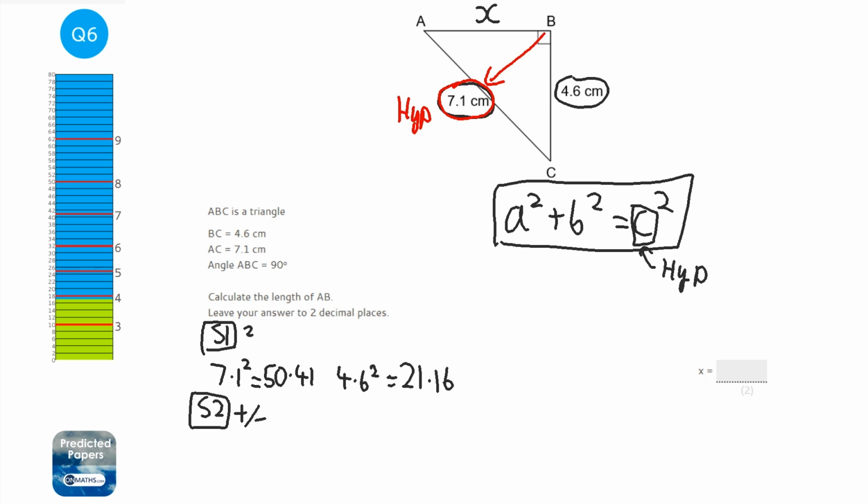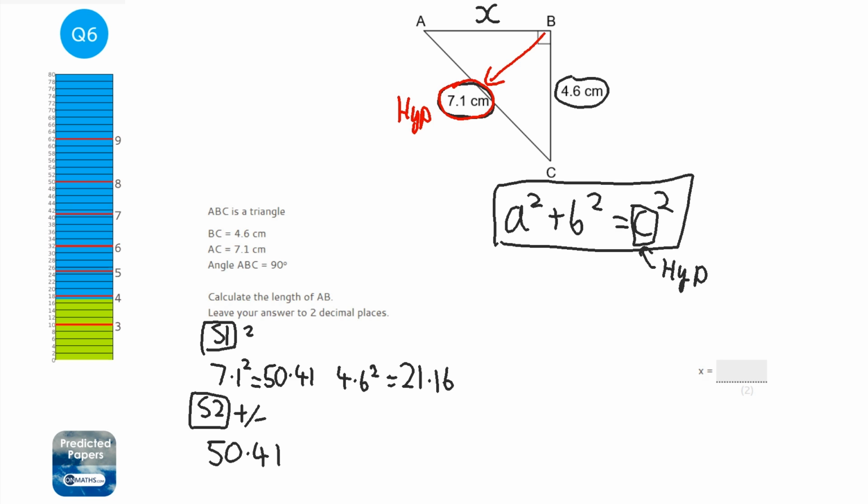So in step 2, have a think, well, if we add them, we'll get a bigger number. Well, the hypotenuse must be the biggest side. So when you're finding another side, not the hypotenuse, you will subtract. But if I was finding the hypotenuse, so I wanted a bigger number than the other two, then I would add. So I'm going to do